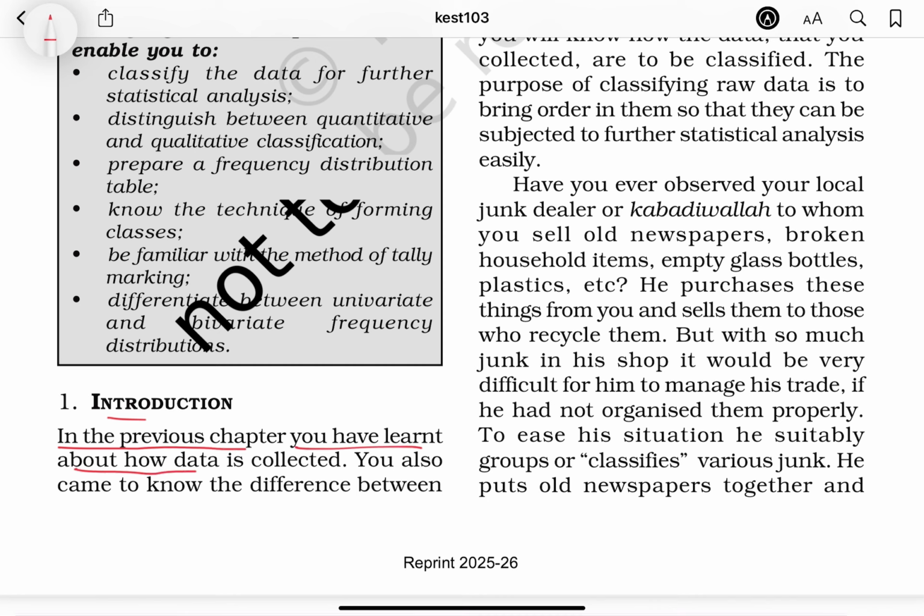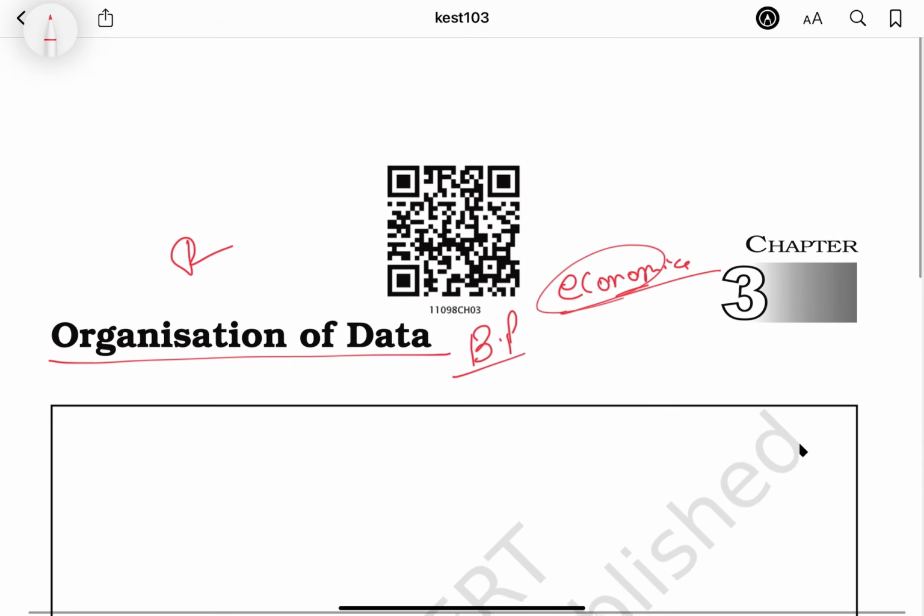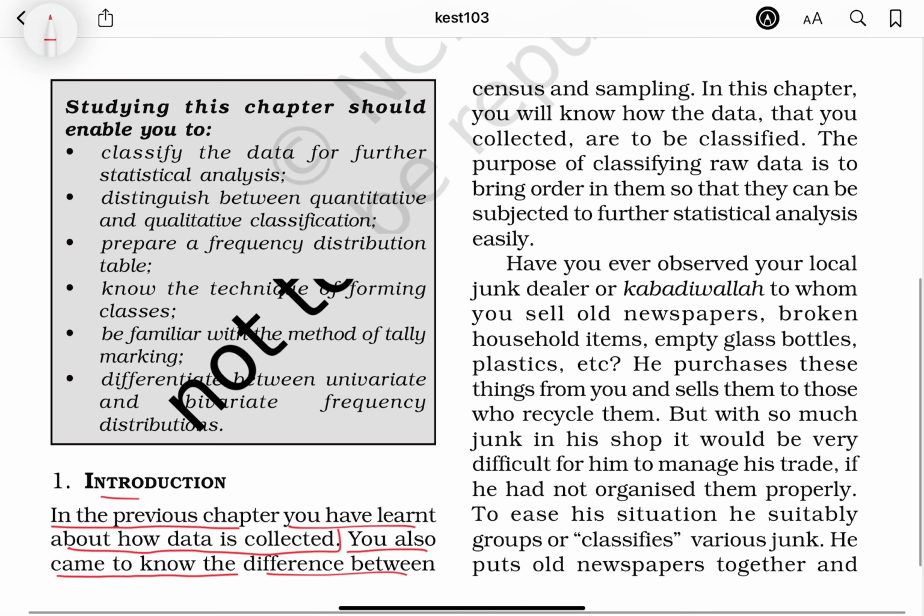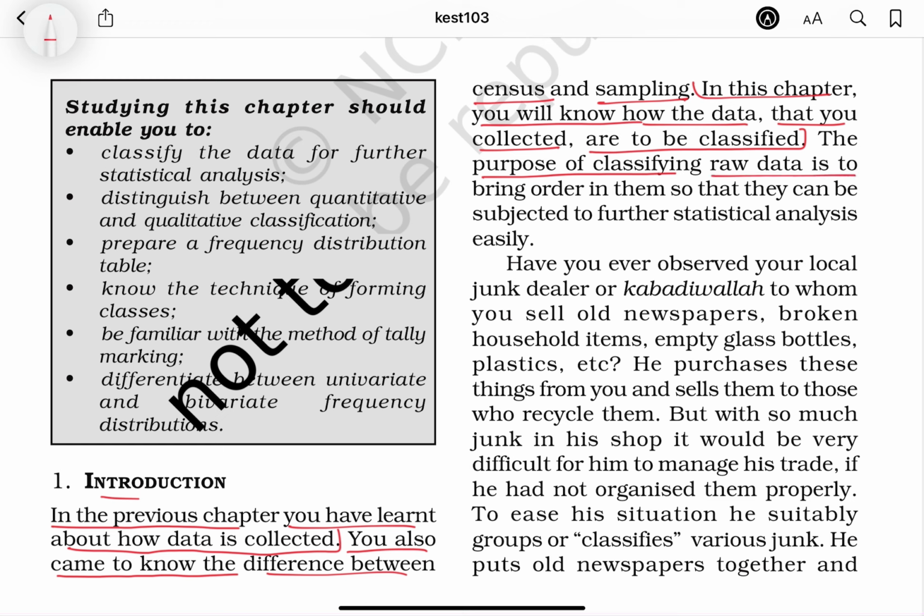In the previous chapter you have learned about how data is collected. You also came to know the difference between census and sampling. In this chapter, you will know how the data that you collected are to be classified. The purpose of classifying raw data is to bring order in them so that they can be subjected to further